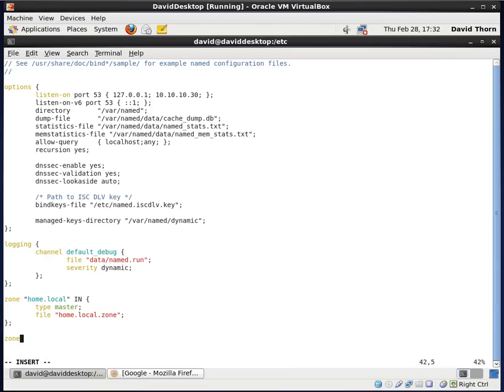And what we're also going to do is say zone, and then 10.10.10, then dots, and then in-addr.arpa. Okay, this is going to be the other zone that we're going to do. This is the reverse lookup zone, and then we're going to do exactly the same. We're going to say type equals master, and file equals 10.10.10,